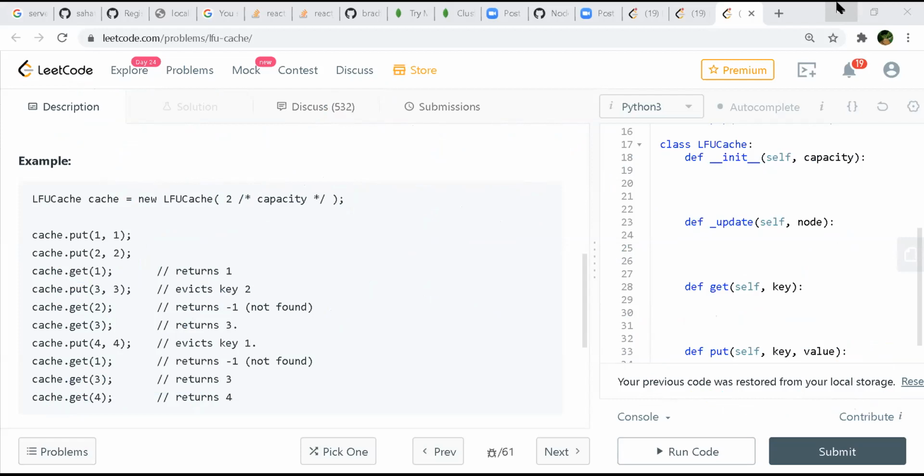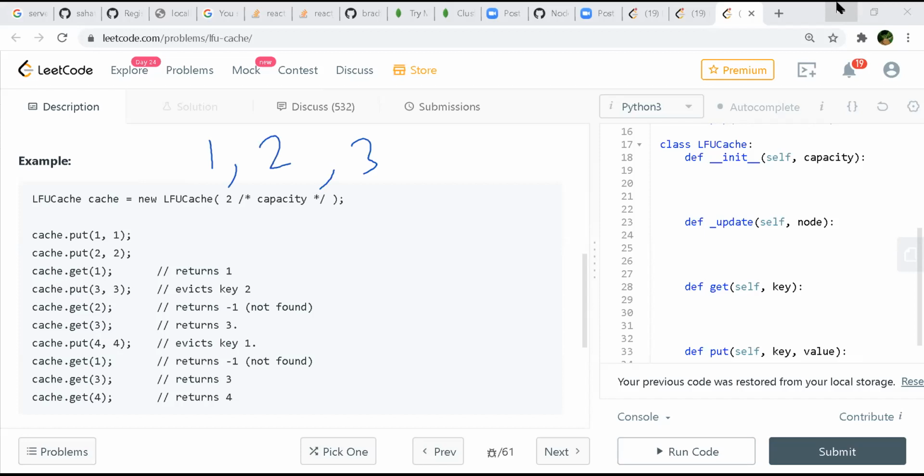If we have ABC, C was inserted first of all, then B, then A. Let's take these keys instead of ABC. So we can say 1, 2, 3 should be fine. The size is 3. So every time I am getting 3, so 3 has to be brought onto the front. So I need to access 3.